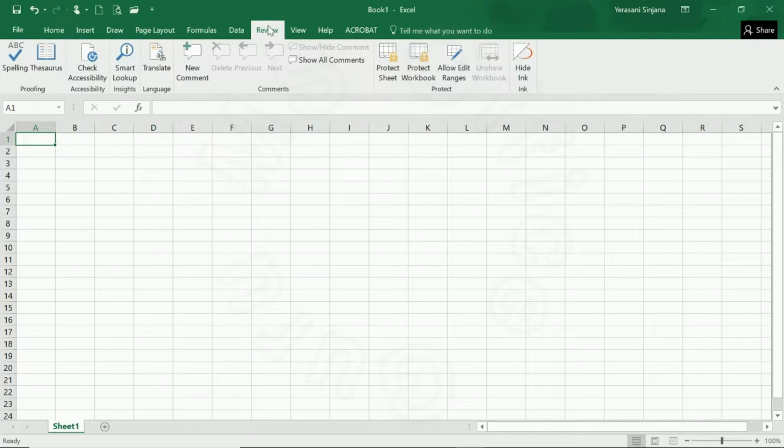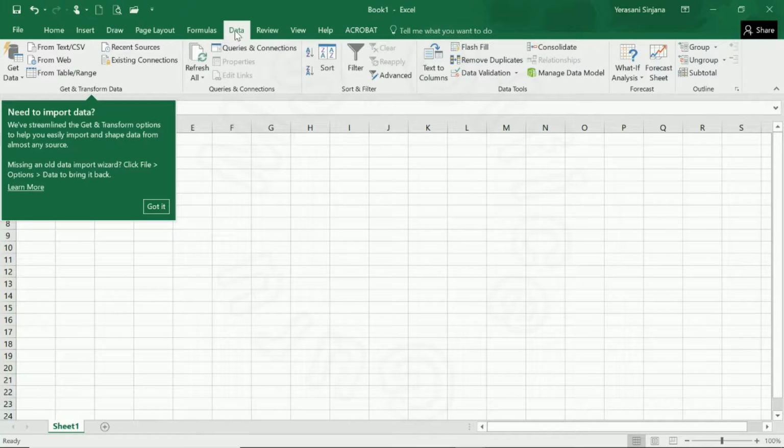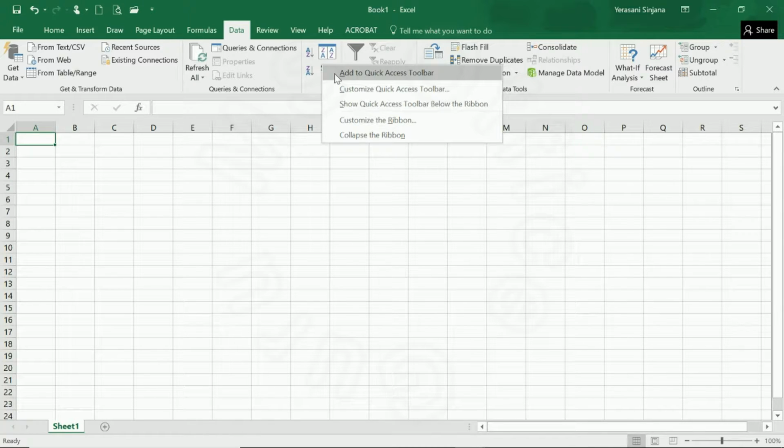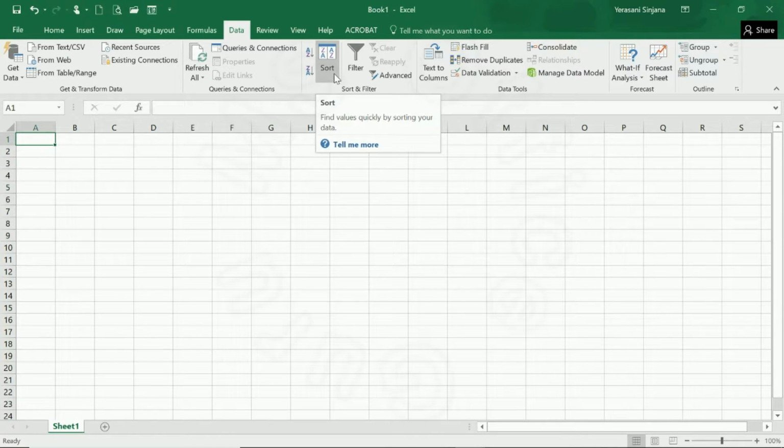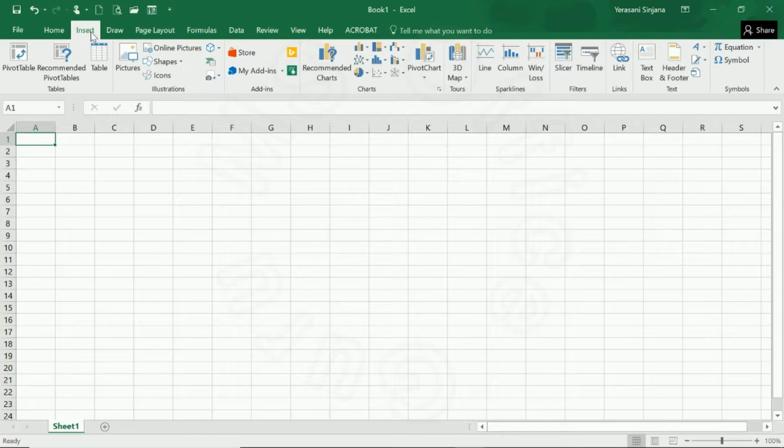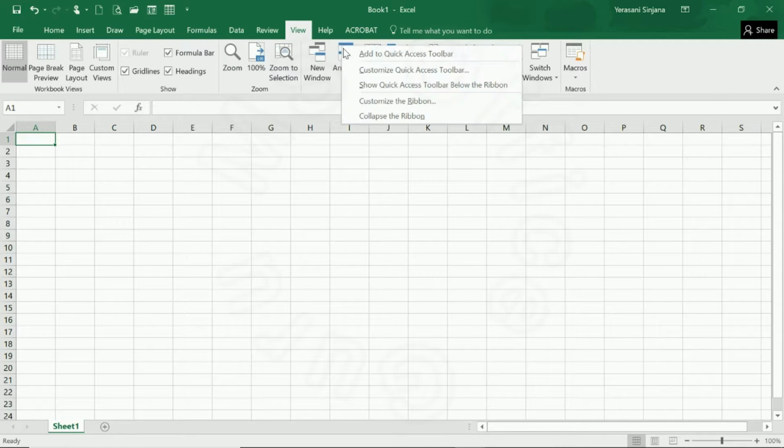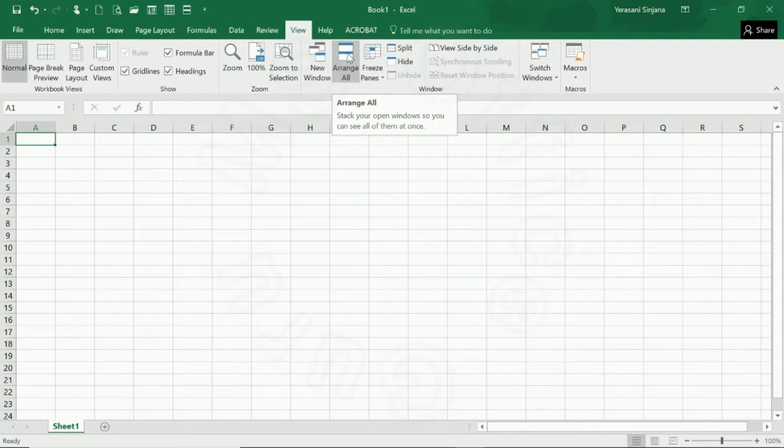Let us say if you use the Sort function from the Data tab, you need not go to the Data tab every time and click on the ribbon and click on Sort all the time. You can right-click on it and select Add to Quick Access Toolbar and it will be added to the Quick Access Toolbar, from where you can access it easily. Similarly, let's add Table and Arrange All. So now you can see there are these buttons that are available on the Quick Access Toolbar for easy and